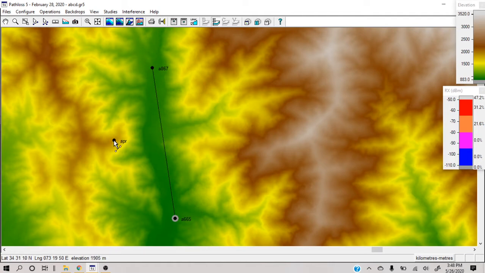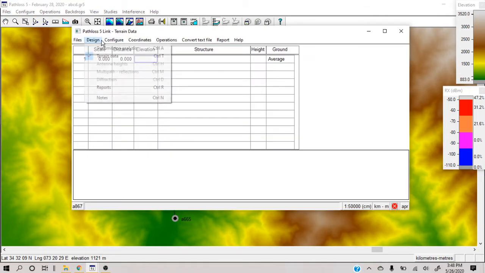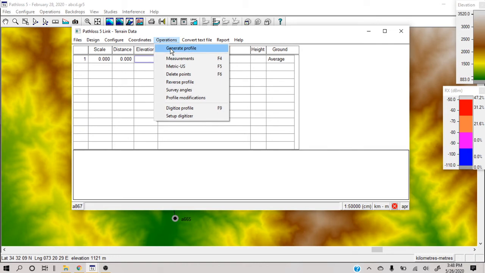So assume that we find this site somehow, with some local knowledge or with some investigation in the tool. So now we need to go ahead and make this site our repeater site. To make a site a repeater site, first we need to do a full link plan of both the links.